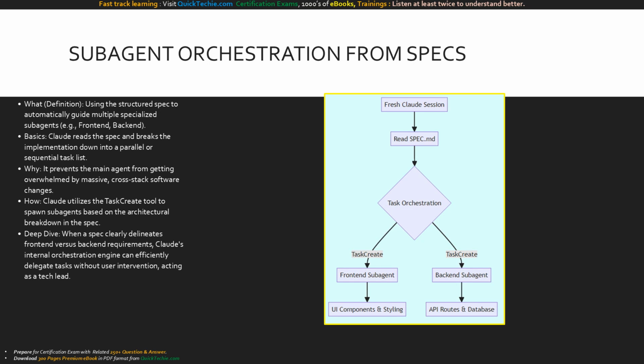Once you hand off the spec, Claude Code leverages it for subagent orchestration. What does this mean? Claude uses your spec to guide specialized subagents to do the actual work. The basics: Claude reads the spec.md and breaks the implementation down into a managed task list. Why is this amazing? Because a massive full-stack feature would overwhelm a single prompt. How does it work? Claude automatically utilizes the task create tool and spawns subagents, perhaps assigning the database work to